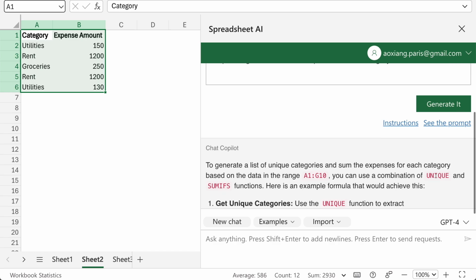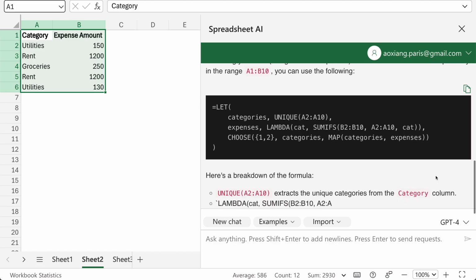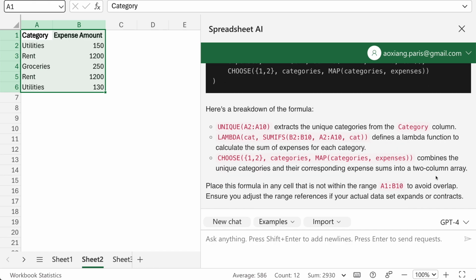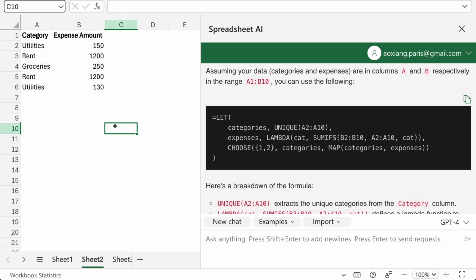The Copilot is able to return a sophisticated formula. Note that although the data range I provided was quite vague, the Copilot reviews data and determines the exact input references needed to construct the formula. I copy the formula to the workbook, and it returns the correct table, except for one row with 0 values.